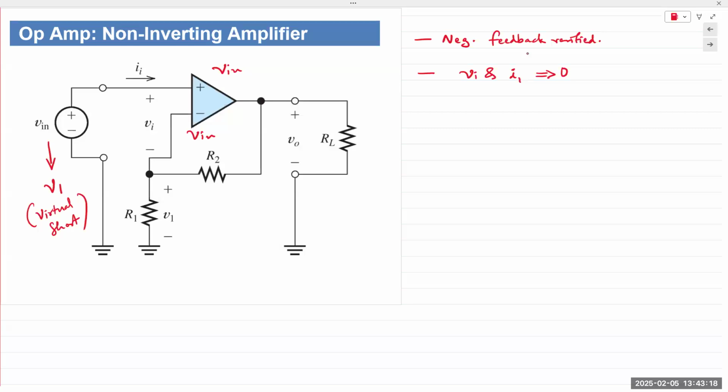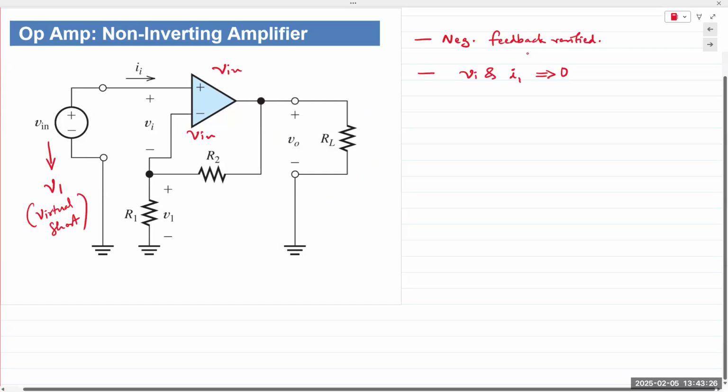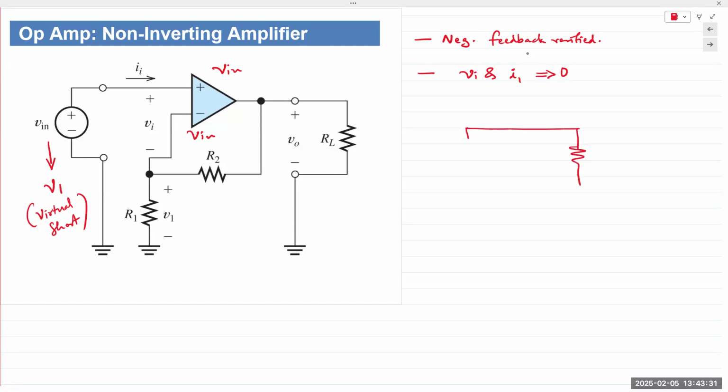And we can analyze the output loop like this. So if we take the output,